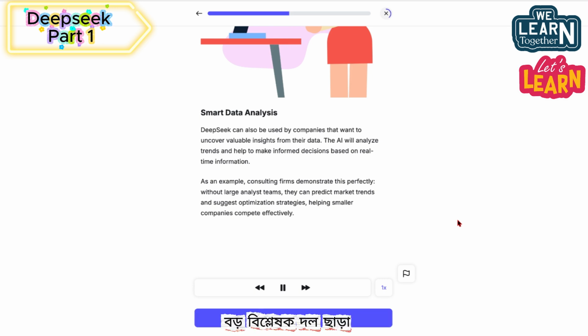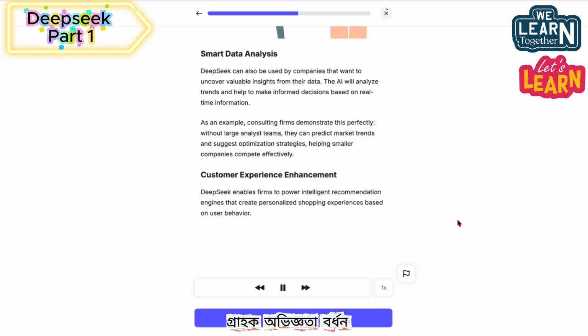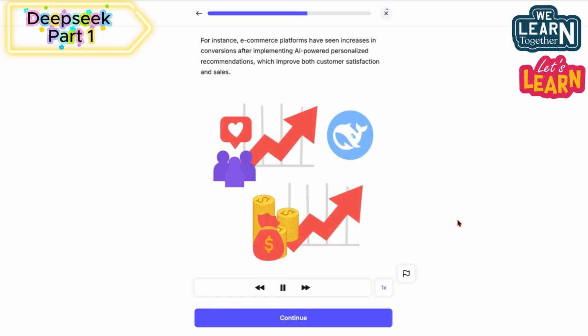Without large analyst teams, they can predict market trends and suggest optimization strategies, helping smaller companies compete effectively. Customer experience enhancement. DeepSeek enables firms to power intelligent recommendation engines that create personalized shopping experiences based on user behavior. For instance, e-commerce platforms have seen increases in conversions after implementing AI-powered personalized recommendations, which improve both customer satisfaction and